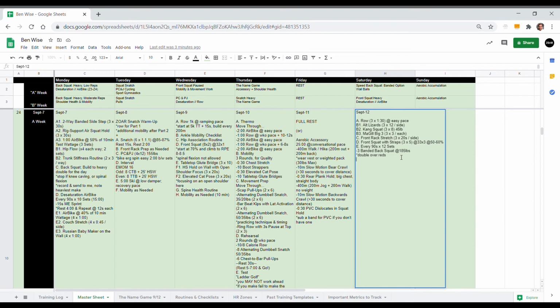I don't always give banded work to people just because it takes a while to figure out the setup and how to maximize your time on it, just because it takes forever to set up. Yeah. So then I would go after that. I'm going to go into my wall balls. So here I'm probably going to do something in addition to wall balls besides just wall balls. So again, I'm going to do some sort of an EMOM energy systems work, which could be,